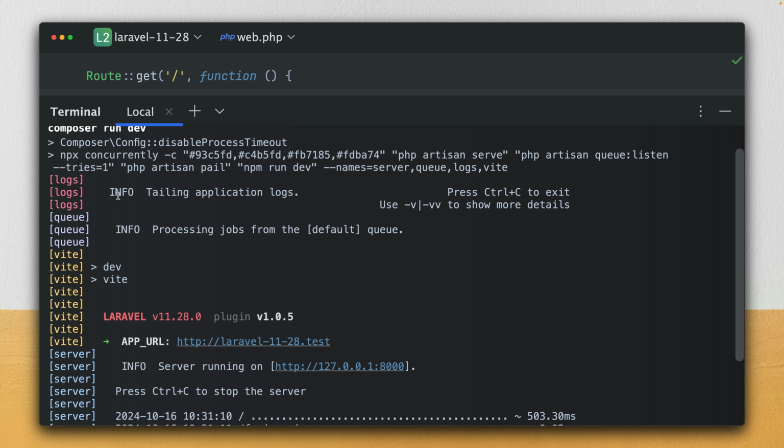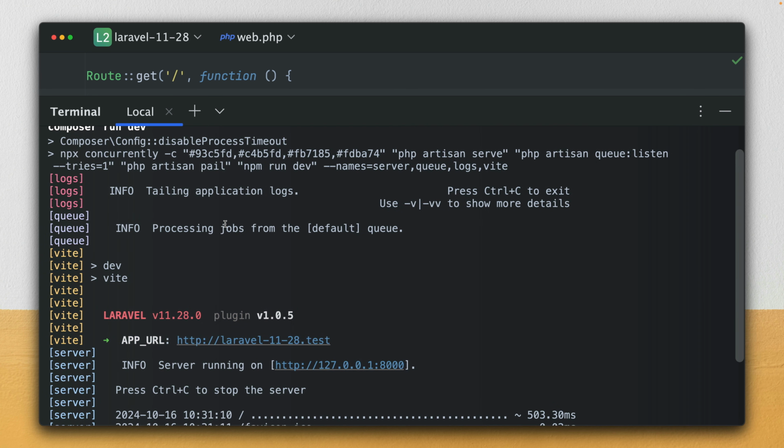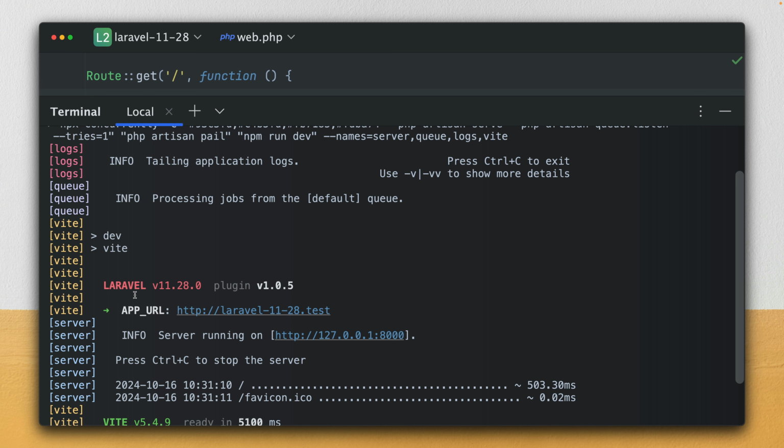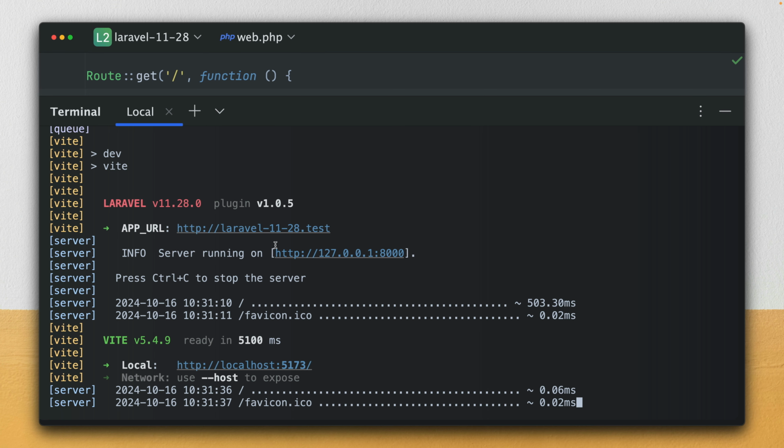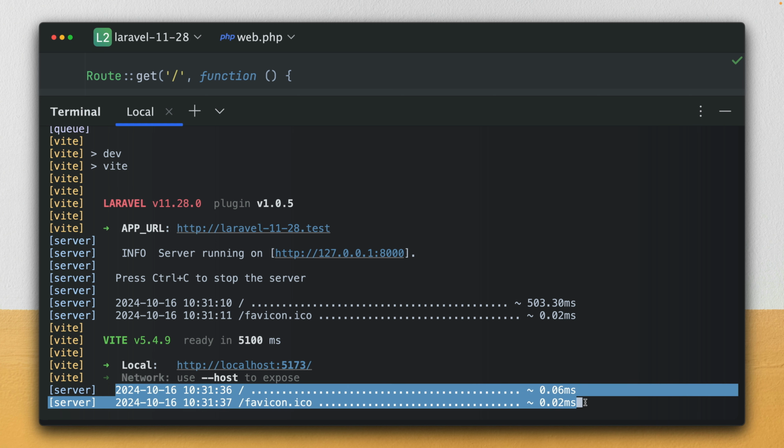We have our logs here for Pail. We have our queue, which is listening. We have Vite here. We have our server running, and Vite was already updated, so we have some info here. Okay, let's try out to go to our welcome screen. Take a look, and we can see here from the server we have some information here in our terminal